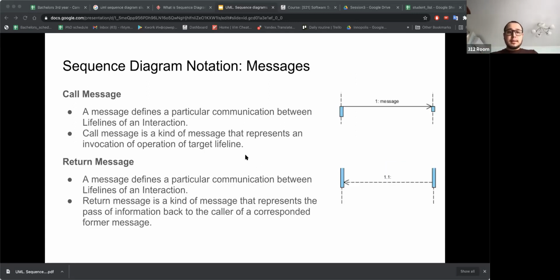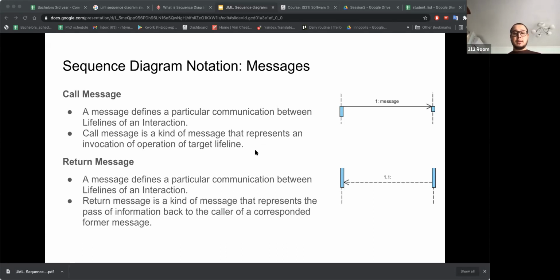Okay, so the next notation. We will start with messages. Messages are basically communication between lifelines. If we have several lifelines, or several objects within our system, with the help of messages, you can introduce communication between them. A call message is basically when you start some operation in the next, let's say, object,